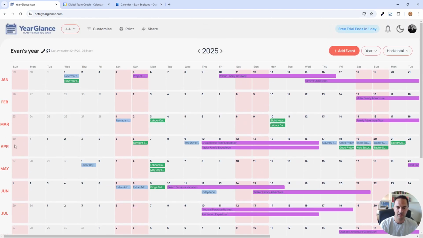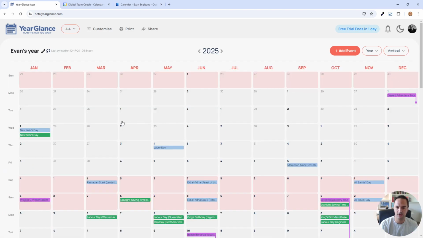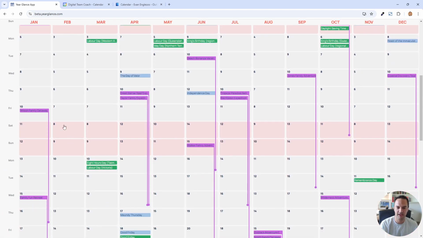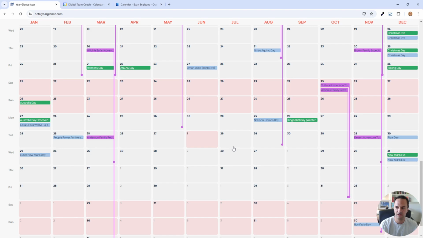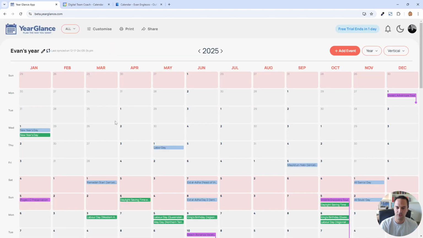January to December down the side, and then the whole month like that. All the months going horizontally. And likewise, we've got the vertical view as well. So multiple day events, as you can see, have this line going down, and we've got the whole calendar there.